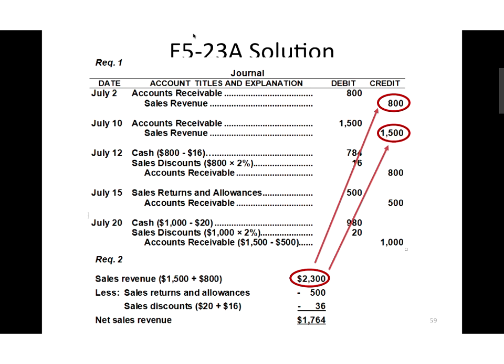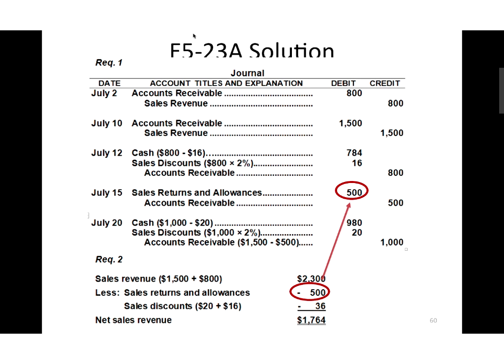Okay. Look, it's perfect now. Okay. So those are my two credits. Then my next slide, the next one down, sales returns and allowances. Thank goodness I did that one right. So we have sales returns and allowances, and then we also have sales discounts that came from the other two journal entries, and then that gives us our net sales revenue. There we go. Okay, so that's what we do for getting that one. So we have completed 523A.